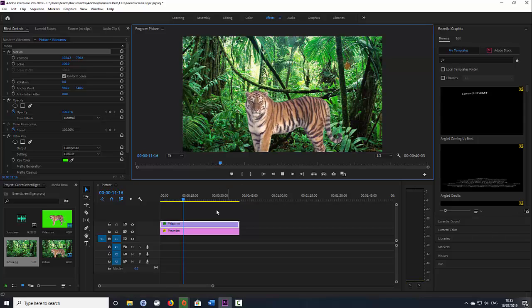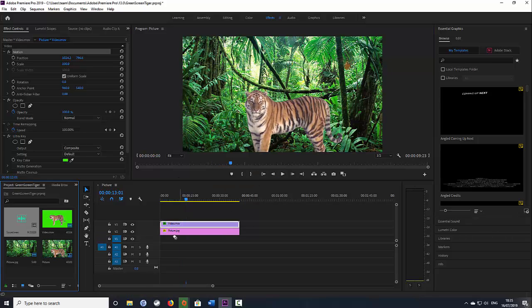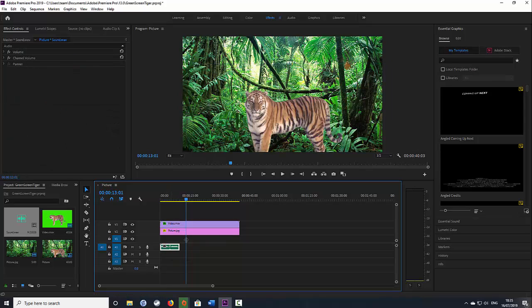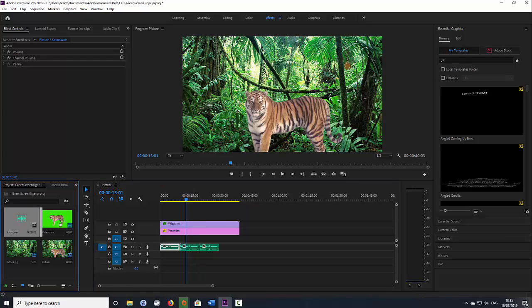Okay, the final thing we need to do, let's stop the video, is add some sound. So I'm going to click and drag the sound over to the timeline. And as you can see, the sound only appears here. So we need to apply more instances of the sound by clicking and dragging. And now if I press play,